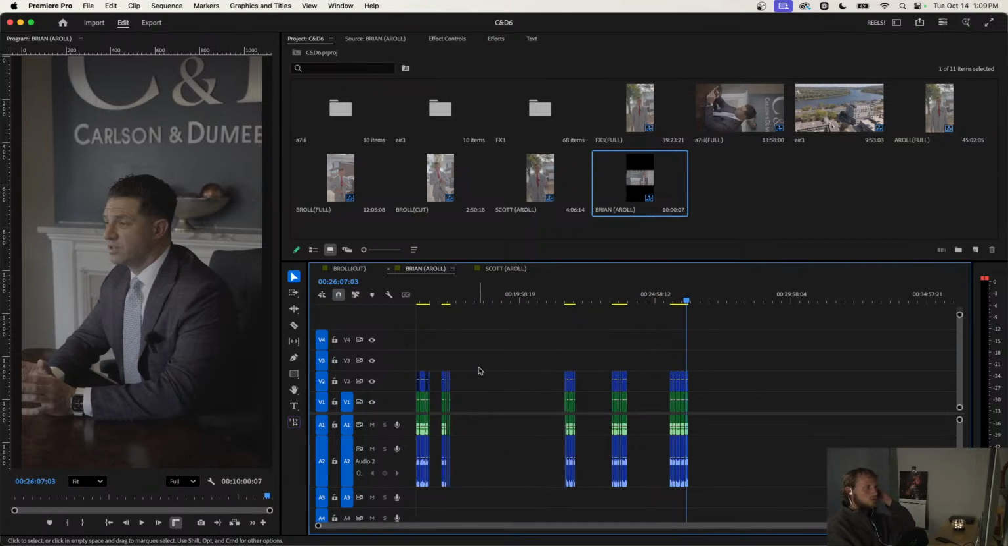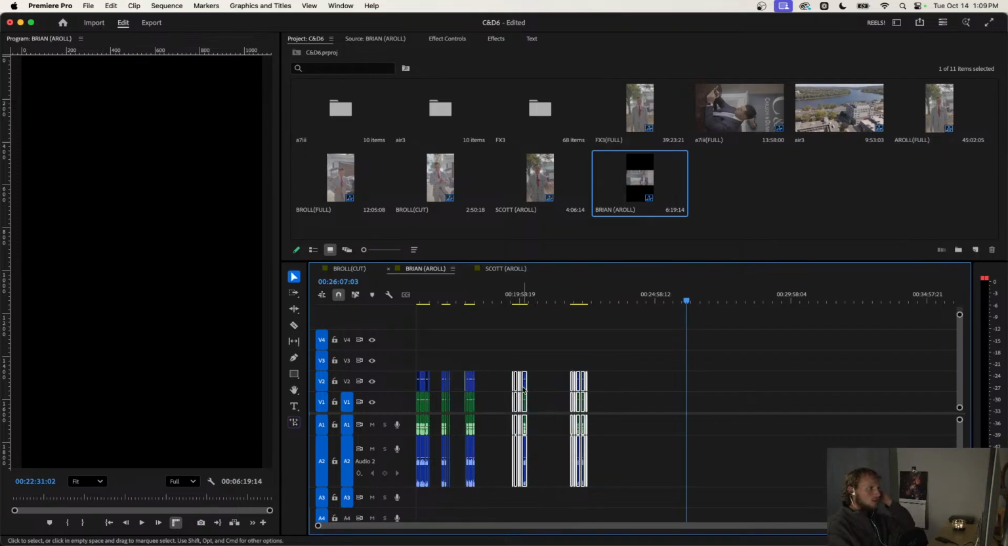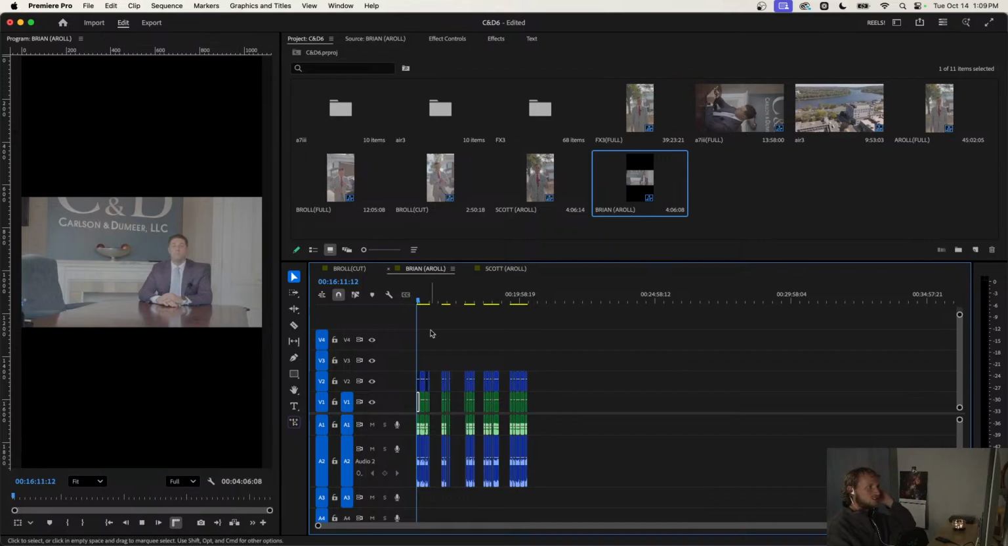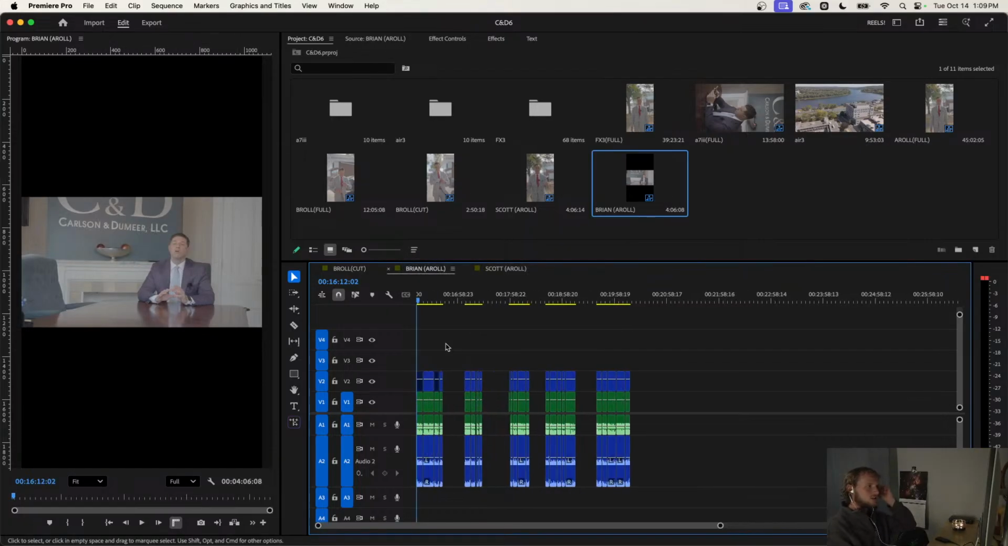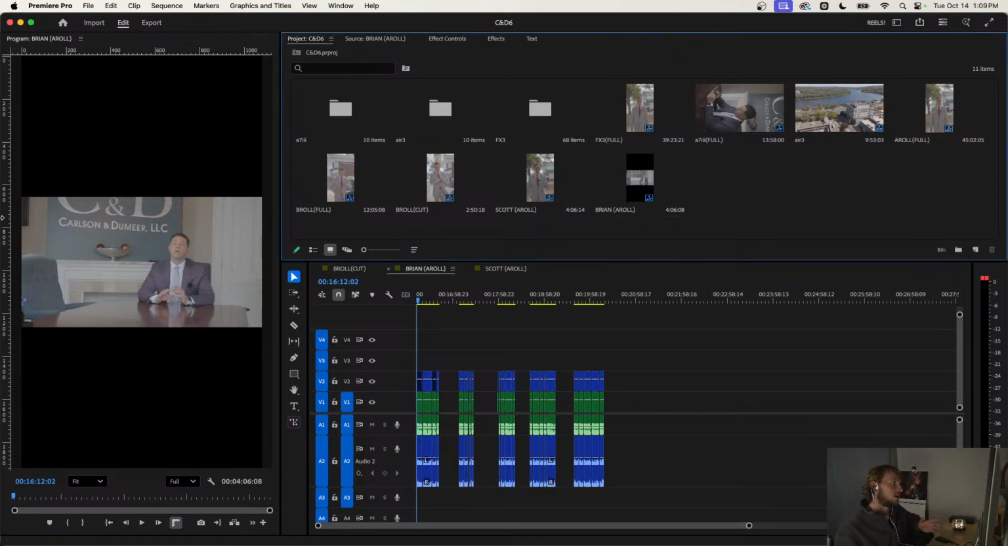All right, so that's it. 5 and 5 reels. 5 for Brian, 5 for Scott, and so now we have these reels essentially done. And now the next step that you want to do before you create subsequences for all of the reels inside of the full A-roll sequences is, drumroll, add text. So adding captions. Because I already have a caption style preset for Carlson and Demir, this brand that I work with,